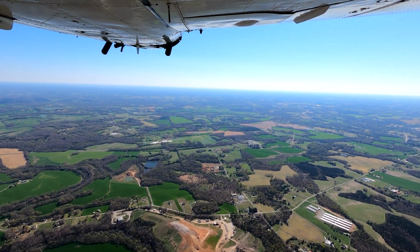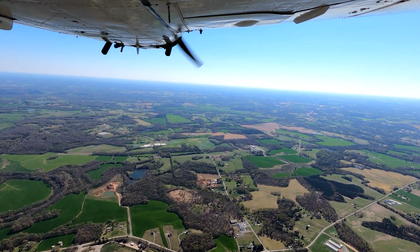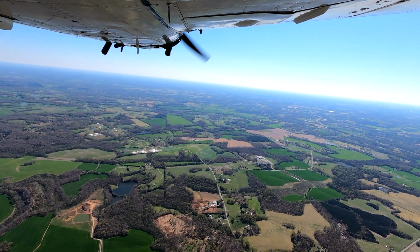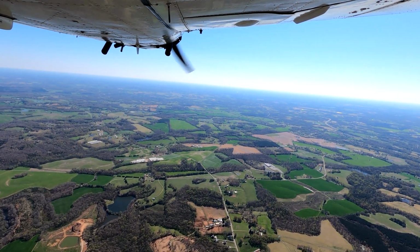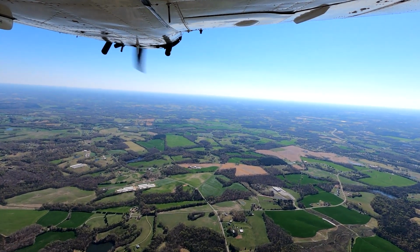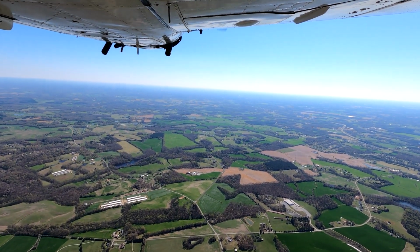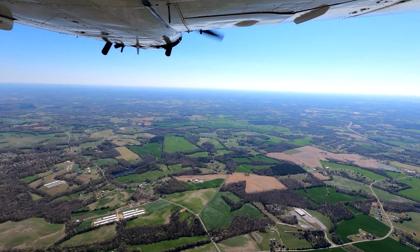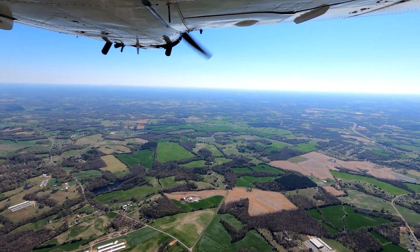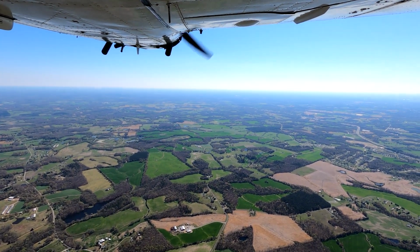All right, so we are... We'll turn off all the radio clatter. We don't need to hear that. Okay. We're far enough out. Then we get a little higher, and then we'll slow down and play around a few minutes. So we're at 3,500 feet. Currently, we're going about 130 miles an hour. Man, it's crazy to look down on the bypass. It looks tiny. All these houses, they look...